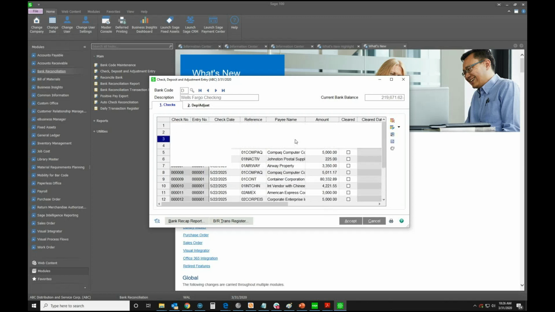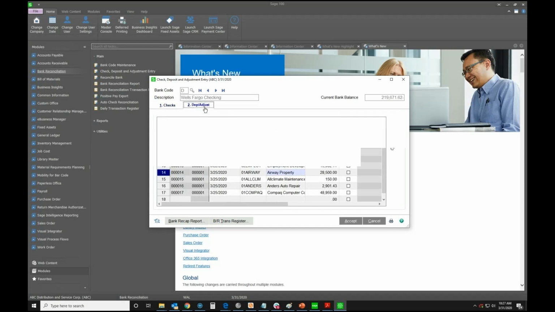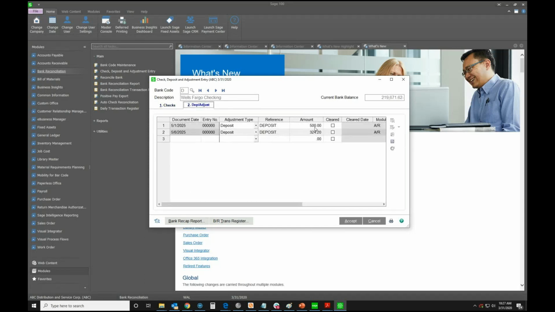our airway invoice, you'll see that the payments we did through ACH should be here. And then when you come here, you'll see that our deposits are here as well. But say you're missing an entry, for example, a bank transfer or anything like that, you can always come to the deposits